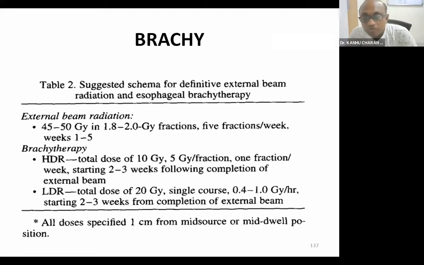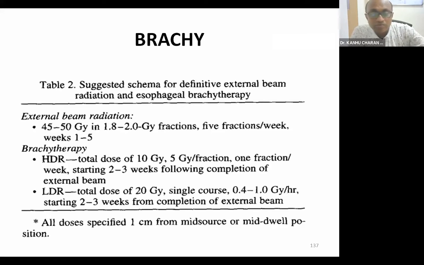This is a very good thing. Suppose you have a plan for a CROSS protocol, you give 41.4 Gy to 50 Gy. After radiation, the surgeon says I cannot do surgery because my patient may not feed, some gross residual is there. If surgery is denied for some reason, you can plan brachytherapy at that point. So what will you plan? You give 5 Gy per fraction